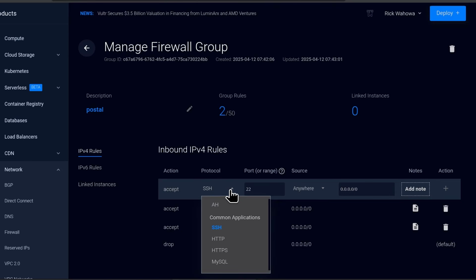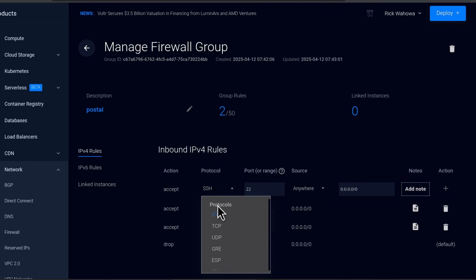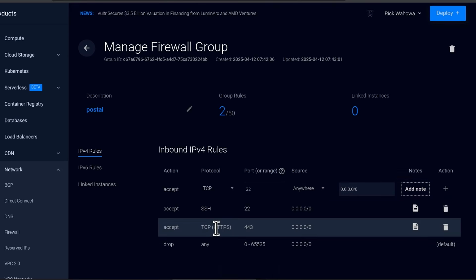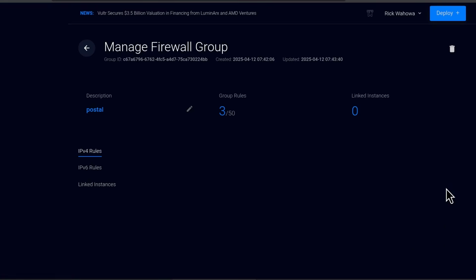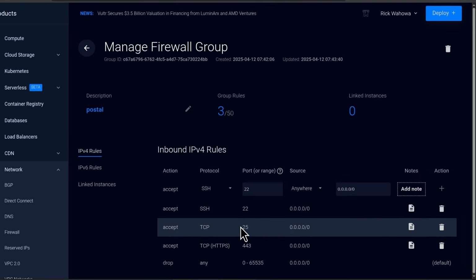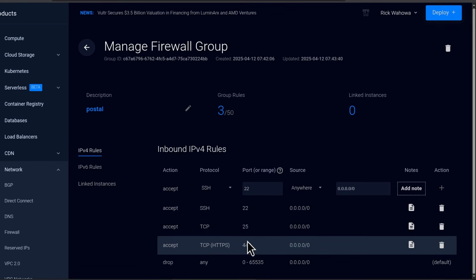So just stick with the default. I'm going to click on TCP, and here I will give it port 25. Click on plus. Port 25 is added. Which other port are we going to need here?